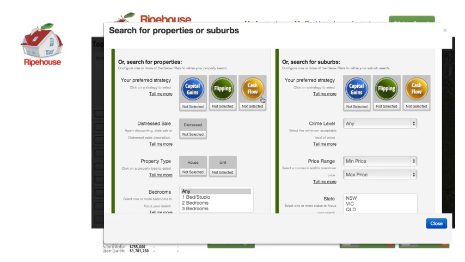I might just do a little introduction to what these strategies mean and what constitutes a suburb or a property being relevant to a strategy. I will be having a masterclass video specifically for these strategies and how you can leverage them. That's coming soon. But in the meantime, a capital gain strategy means that the suburb